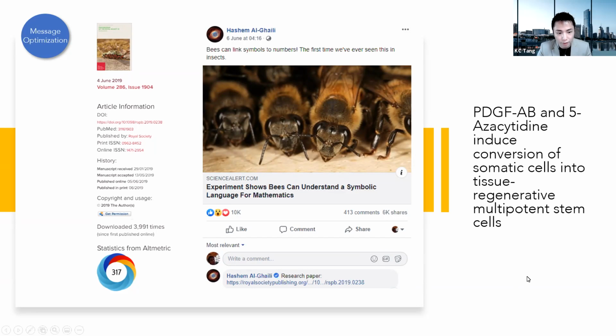So you could see the impact of this kind of outreach. This article itself has been downloaded almost 4,000 times online, and its Altmetric score is above 300. So this indicates that this paper is heavily visible, and people are aware and talking about it within the online community. It could be someone posted on Twitter, Facebook, YouTube, or even a blog, or even news media could have promoted this content itself. So you could see that's the whole power of venturing into social media.